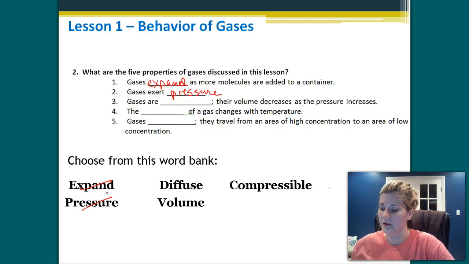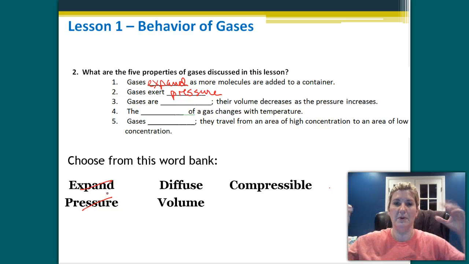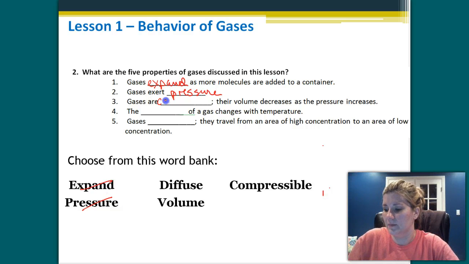Number 3 says gases are blank. Their volume decreases as their pressure increases. So we're putting force on that balloon and the volume is decreasing. This is a phenomenon called compressibility. You can compress